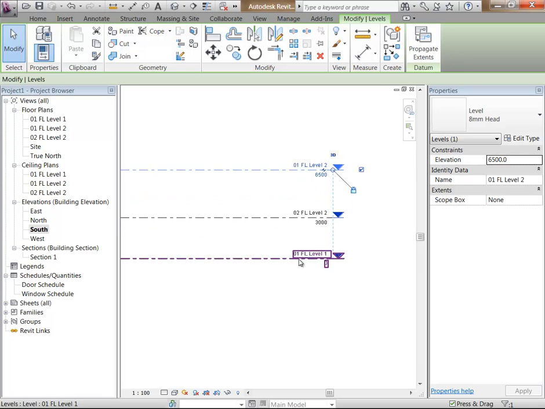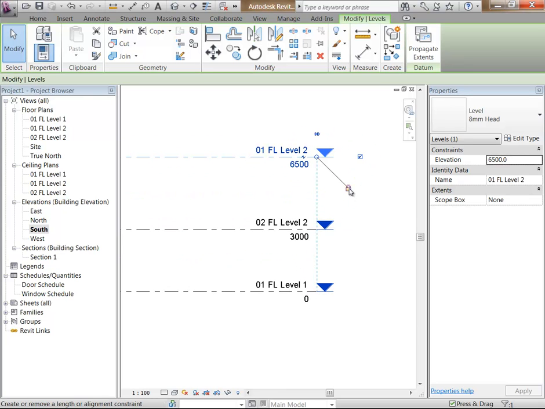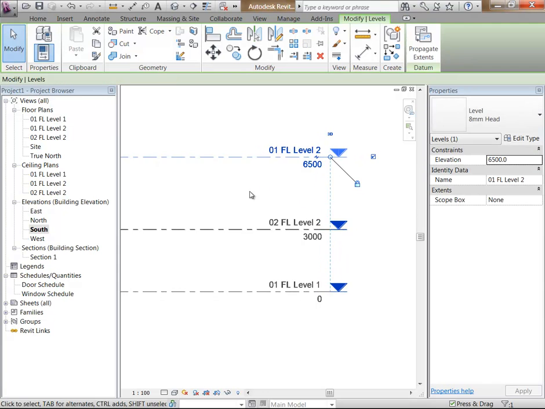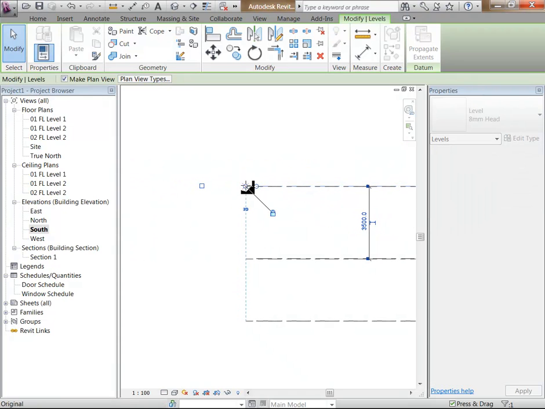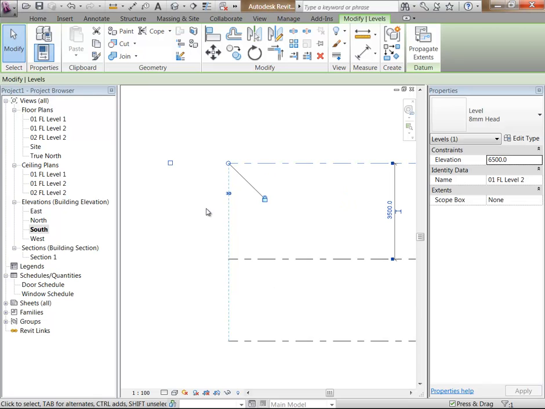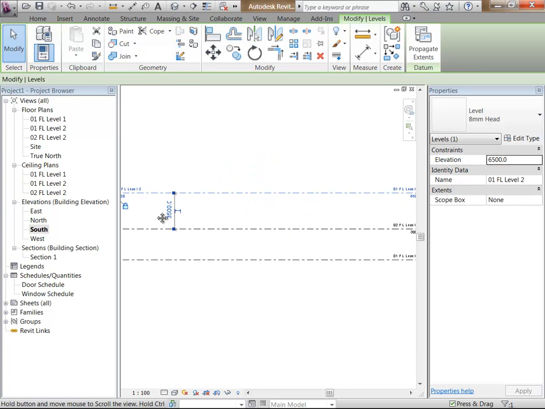So the way you can tell that it is lined up is you get that little lock symbol on the end coming out from the extension line, and that means the ends of the levels are all going to go together. Using the open circle there, you can just move those wherever you like. You can turn the tag on either end. So I'm going to turn that on this end as well, just using that tick box at the end,